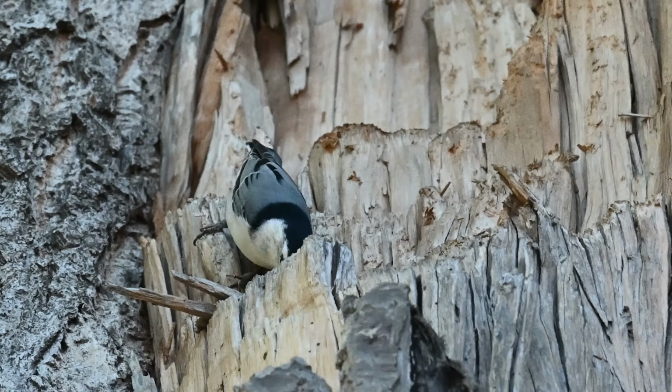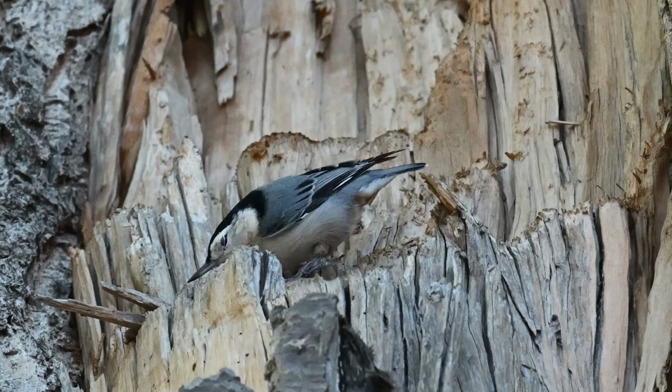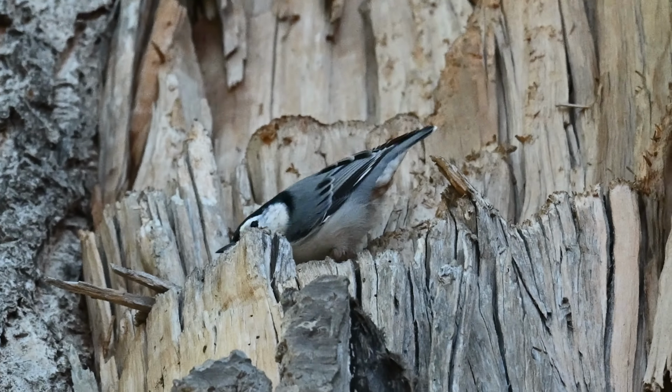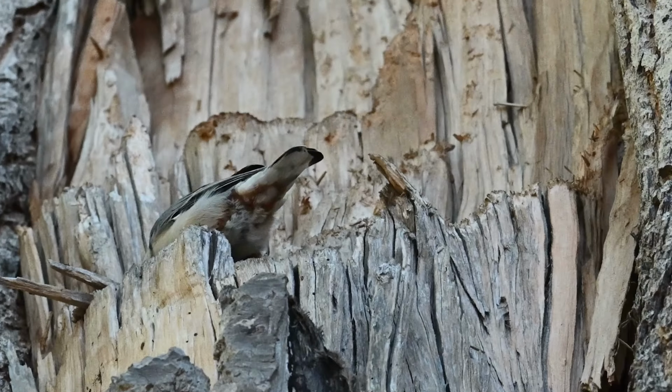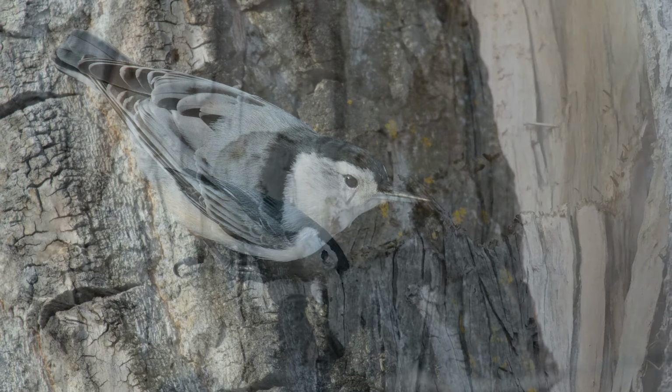White-breasted nuthatches are monogamous, with pair formations beginning in the winter when males call to attract a mate, using multiple calls to communicate, all being roughly yank, yank, yank, yank. For example,